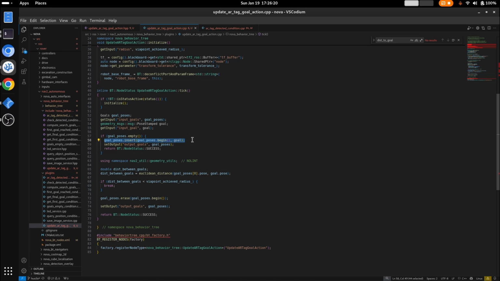So my thinking is, we're duplicating code. Why don't we just put this down here? But we have to have this up here, because if we're going to be accessing goal poses, we can't do that if goal poses is empty. It's going to throw an error. I guess we could do,